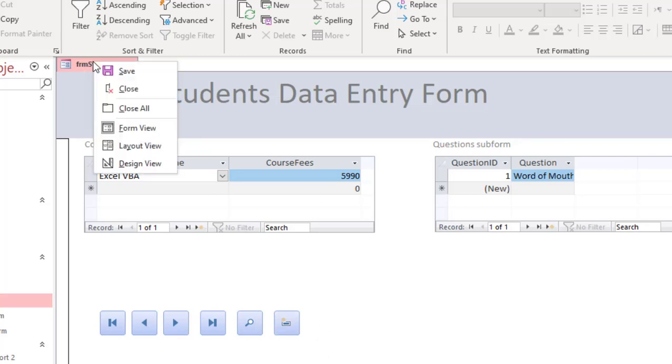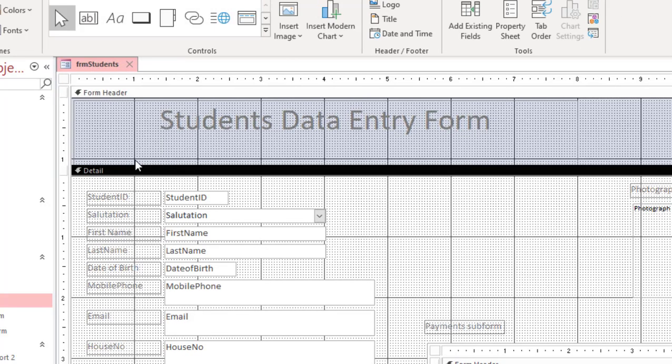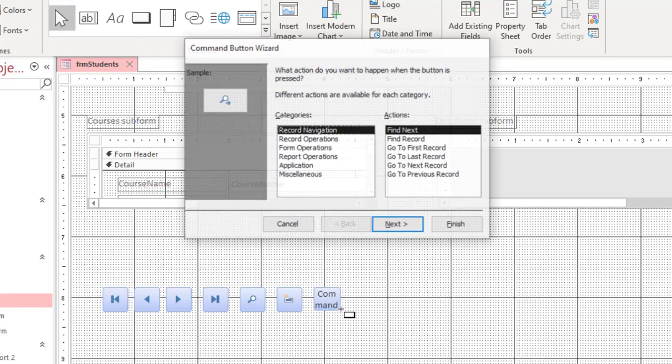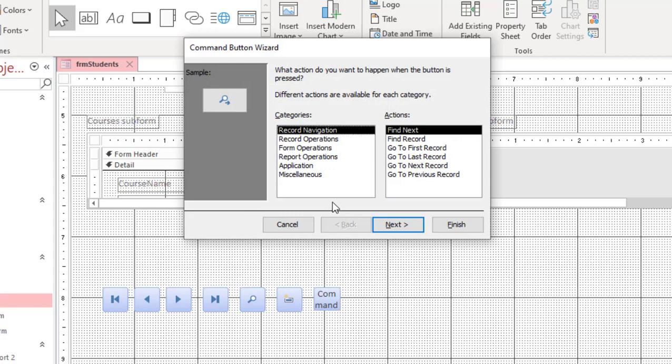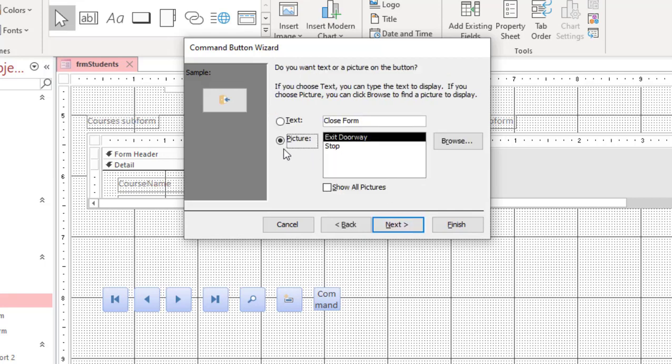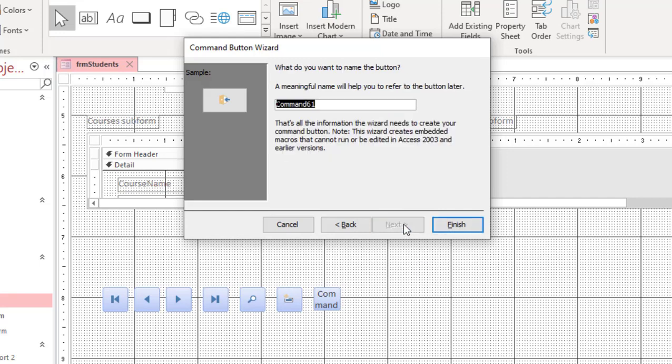We can go back to design view, and we can add another category of a button. So we can take, for example, form operations, and here we can say we'll take close form. Okay, next. We'll take a picture. Next.